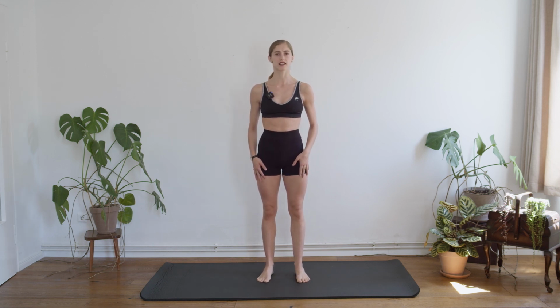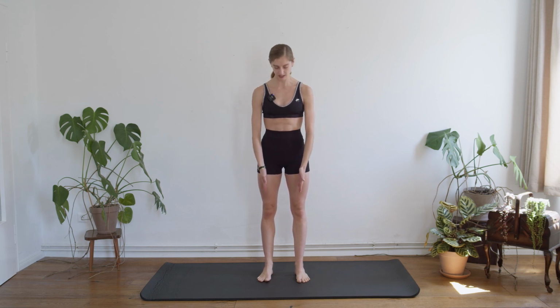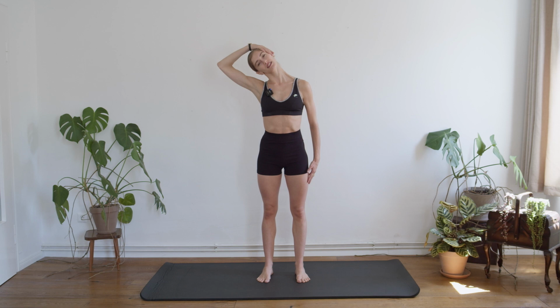And we start nice and easy. Just check that your hips are in the same line with your knees and in the same line with your ankles, and that we're constantly growing up towards the ceiling. Now from here, very nice, we're going to grab the head and we bend to the side, flexing the opposite